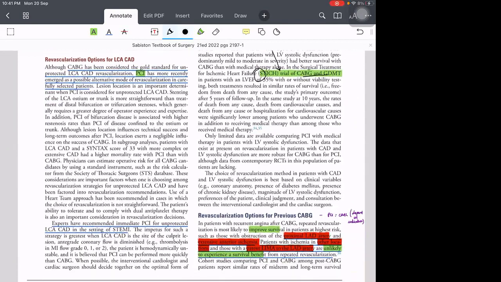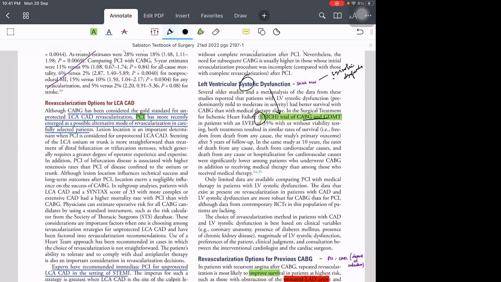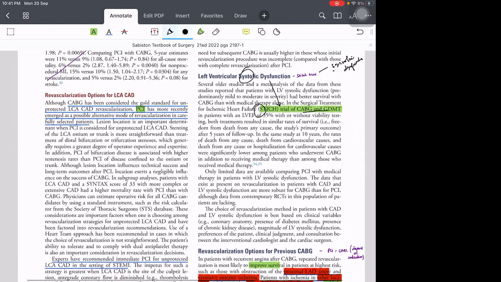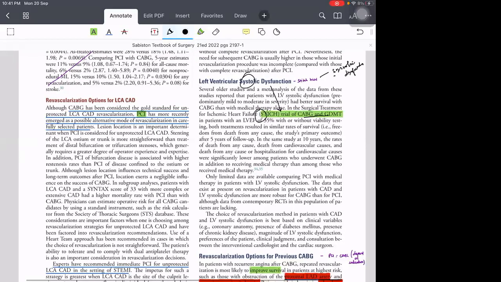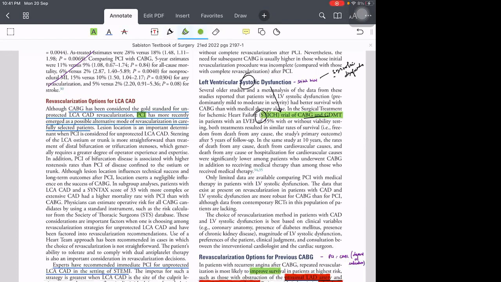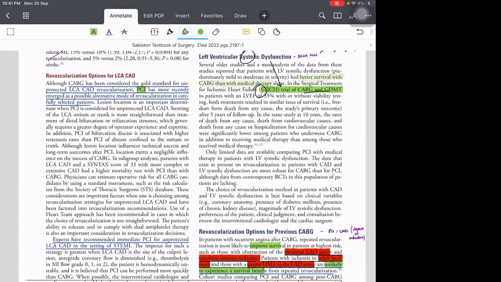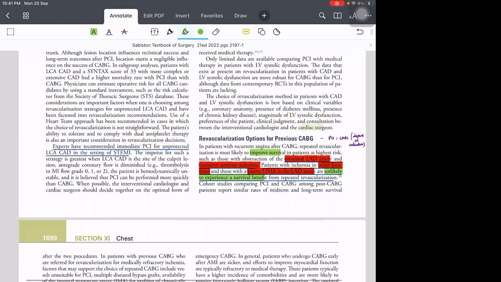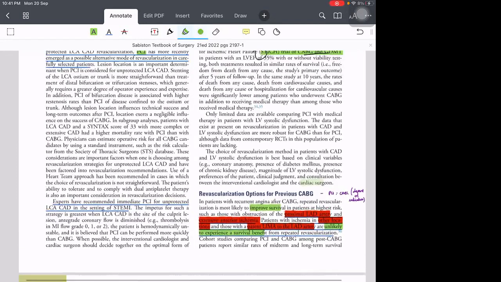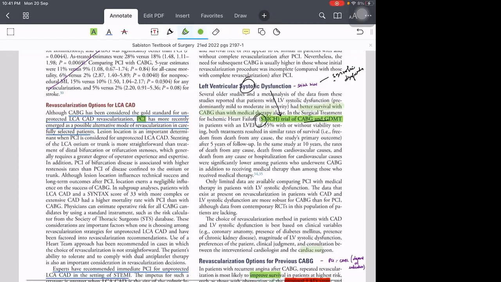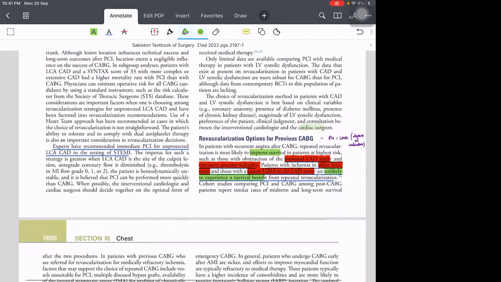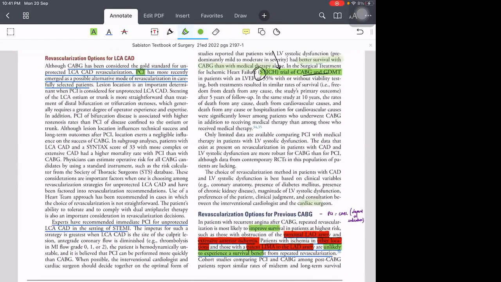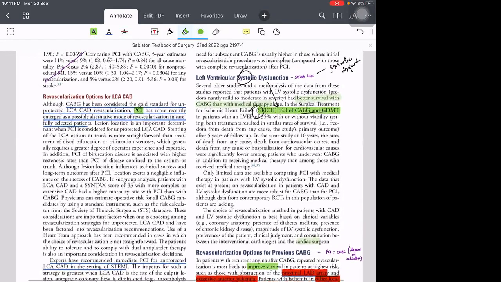So here, all the choice is variable with the surgery. What is GDMT? It's medical therapy, actually. What they are telling here is that old studies show better survival with CABG than with medical therapy alone. But finally, it is based upon the surgeon's judgment only, whether CABG is best or PCI is best. Just remember, this trial is for left ventricular systolic dysfunction. I don't know whether surgeons do PCI or not. Do surgeons do angioplasty? I don't know.